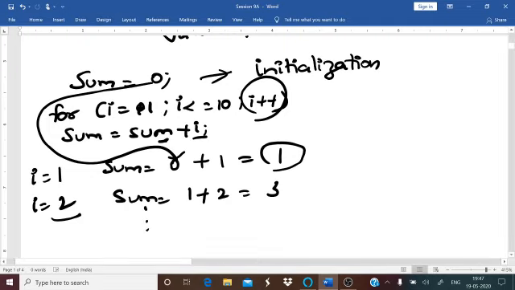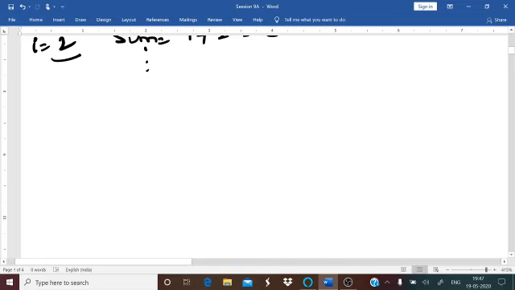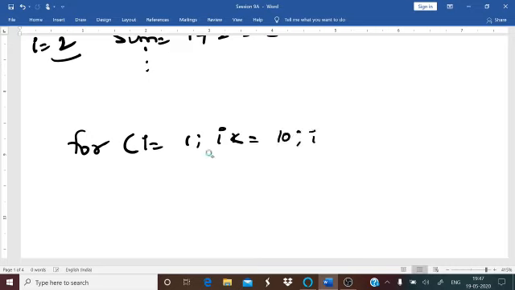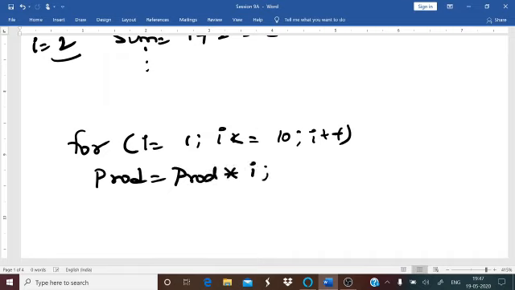In the same manner, if you are going to find the product, for I is equal to 1, I lesser than or equal to 10, I plus plus, and then product equals product into I. But here you cannot take the value of product as 0.